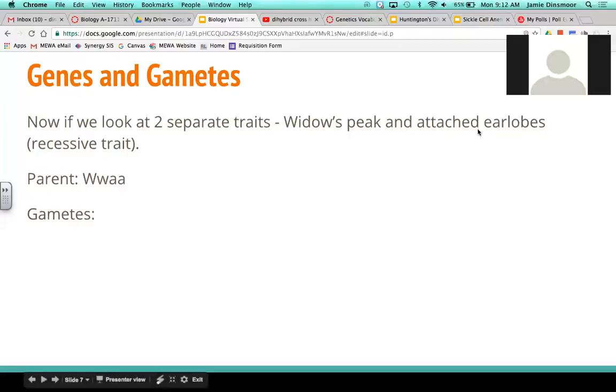But basically, you may have been surprised to even notice that there were options for earlobes, because who knew that there were two kinds and that it was inherited this simply, recessive or dominant. So what we want to know here is,